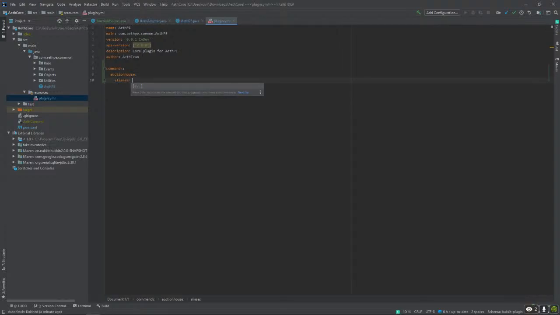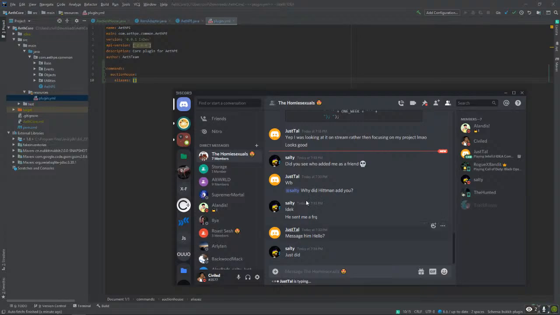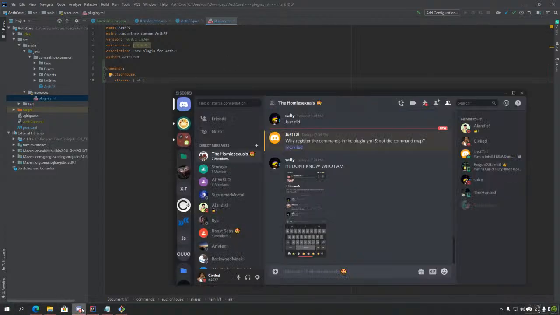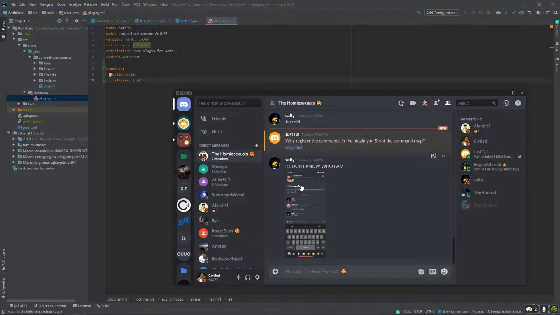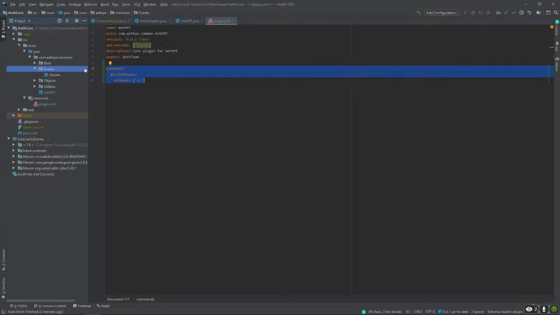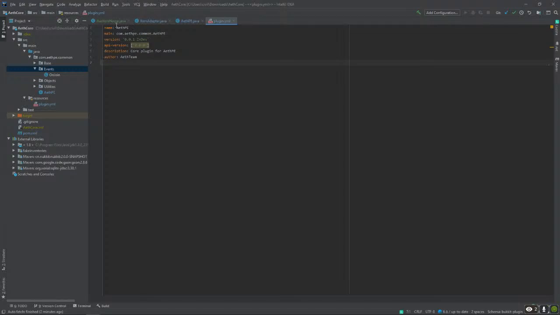aliases AH. Wait. Do I have to use these in it? I believe so, actually. That's a good idea, actually. In the command map. So, sorry, I don't really do that often.